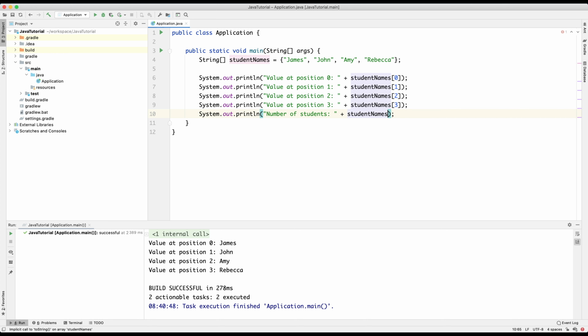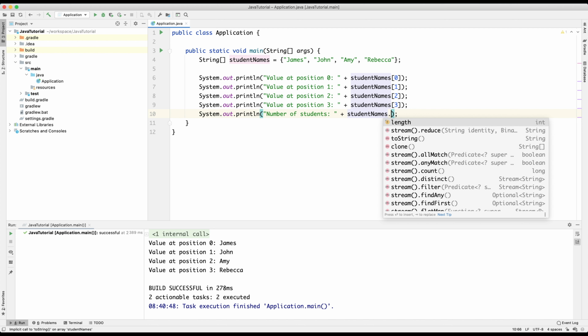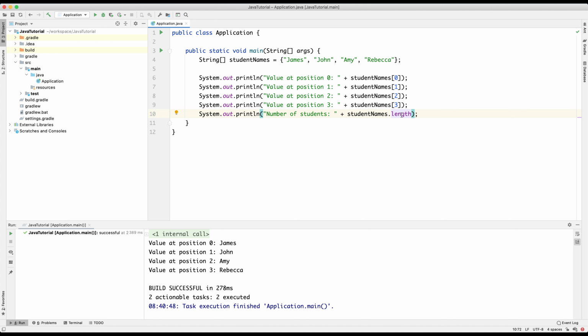student names, dot, and you can see the first option that IntelliJ provides is length. And if I hit Command on my keyboard and hover over it, you can see that it returns an int. So just above in the tooltip is public final int length. An int is the data type that it returns, which is, in other words, a whole number. So let's run the application again, and you can see number of students 4,